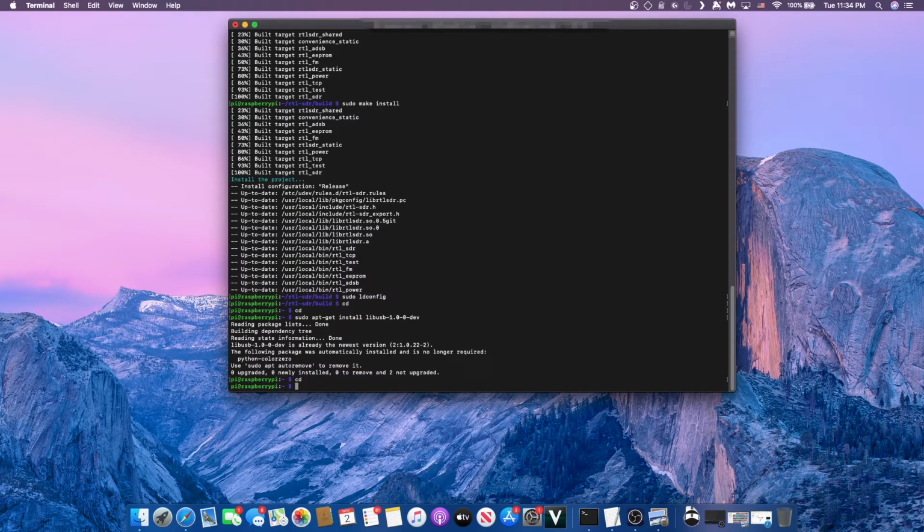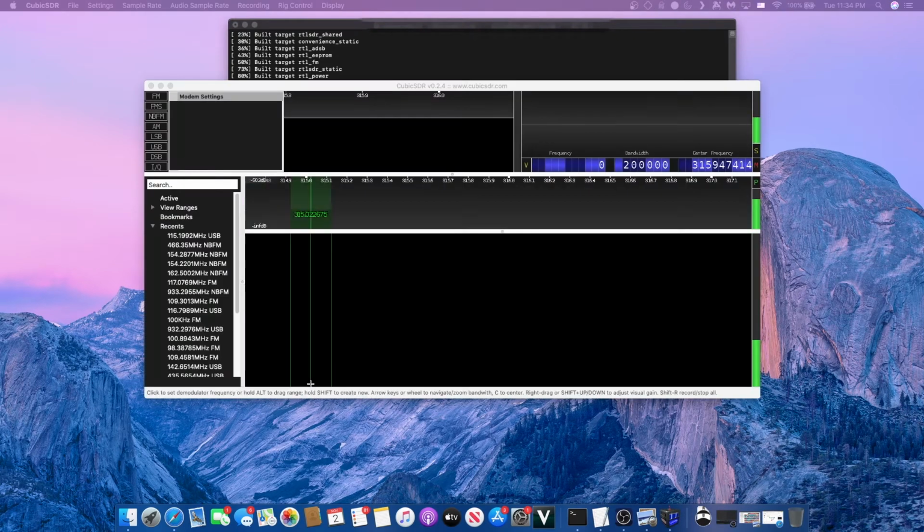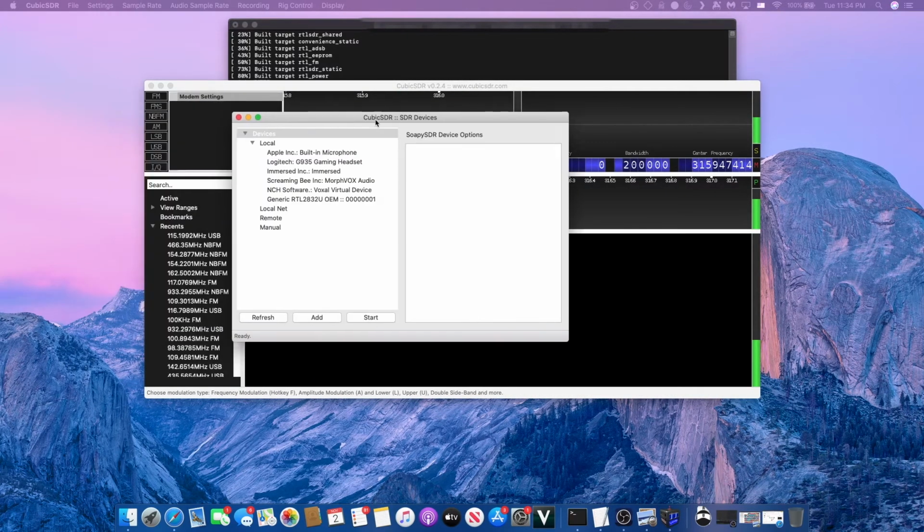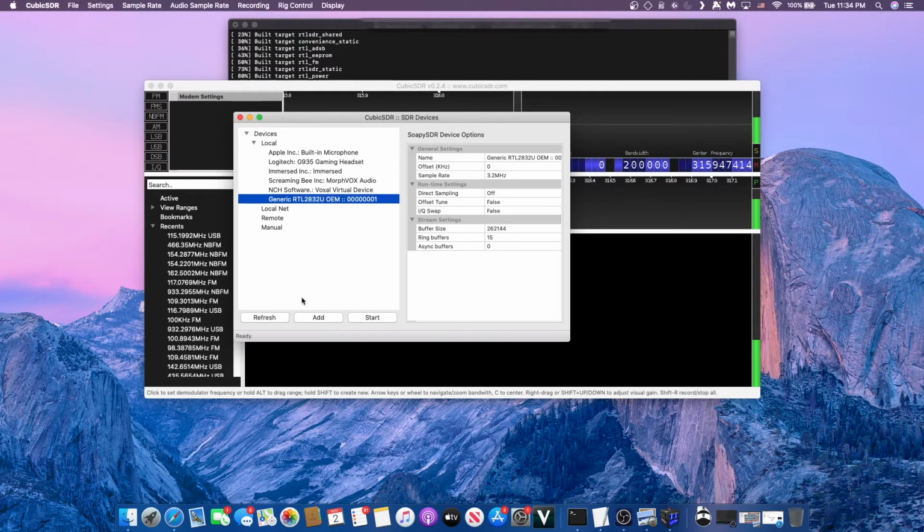On Mac, you can use GQRX, and you can install that via the terminal using Homebrew, or you can just download Cubic SDR. So we have Cubic SDR here. It's going to pop up with this, and you're just going to want to select your RTL-SDR from that list